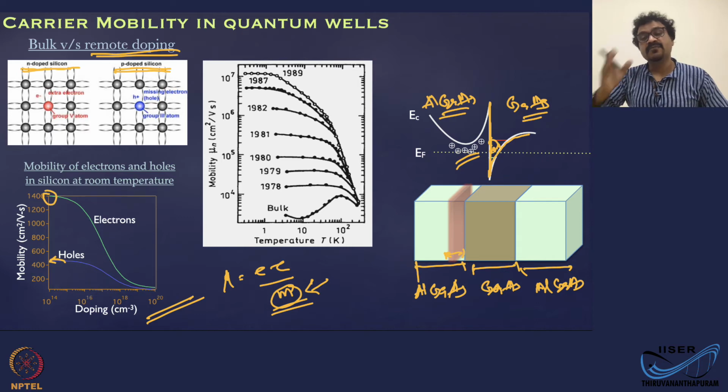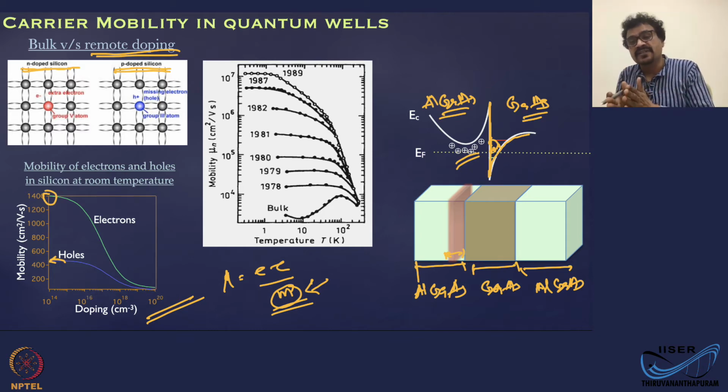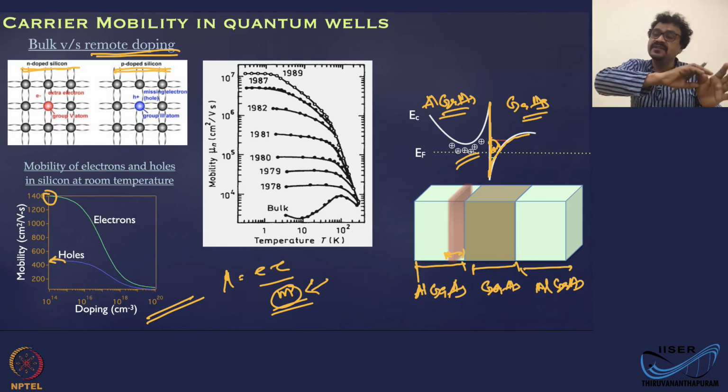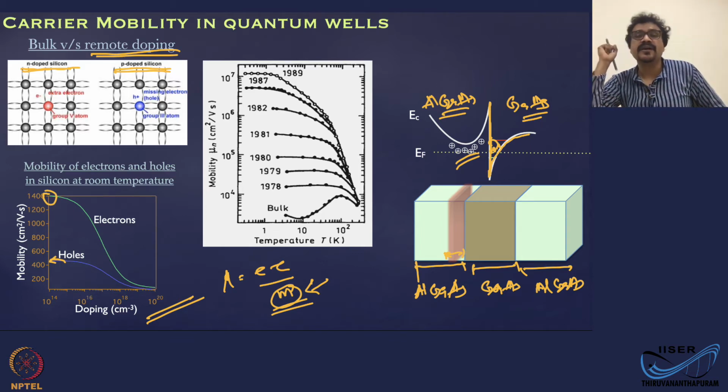But they are moving in a space where there are no dopants. So they have really high mobility. That is the mobility that we discussed in one of the previous lectures, where the gallium arsenide, aluminum gallium arsenide heterostructure can have a few millions, tens of millions in mobility because of this remote doping. You don't dope where the carriers move, you dope remotely. But the charge carriers, after ionization of these dopants, will end up somewhere else. That is the idea.